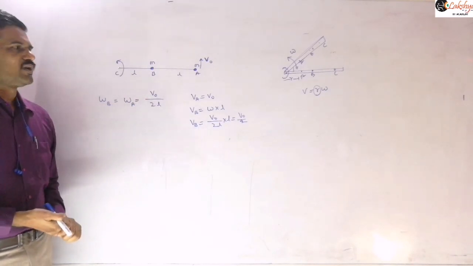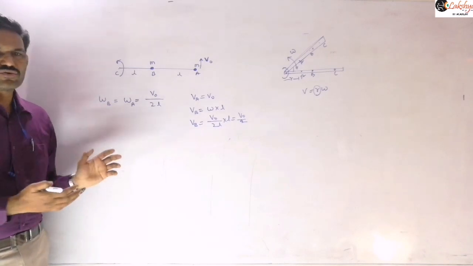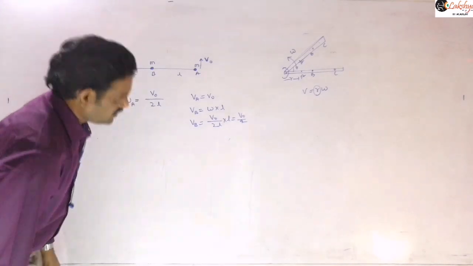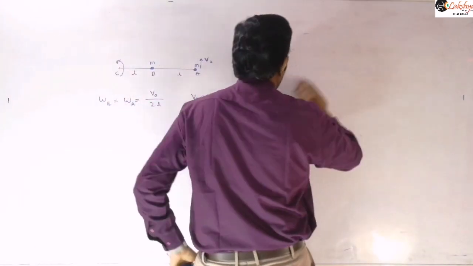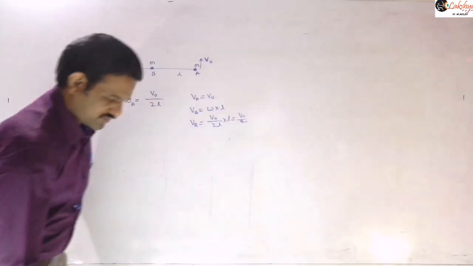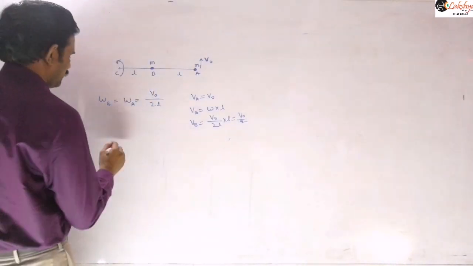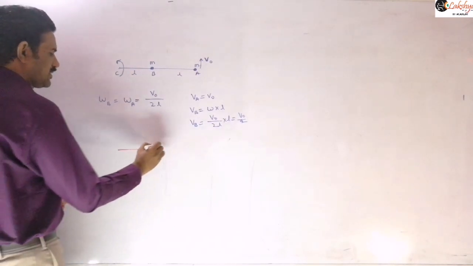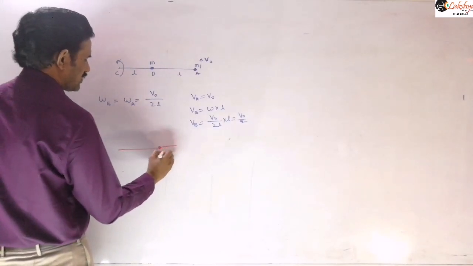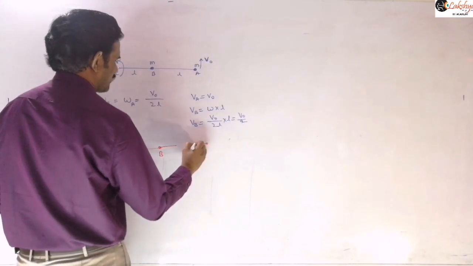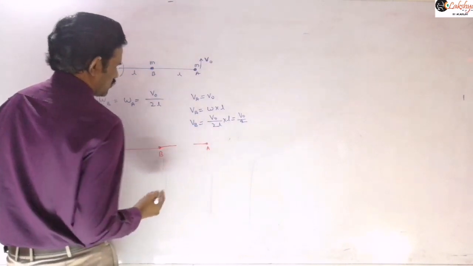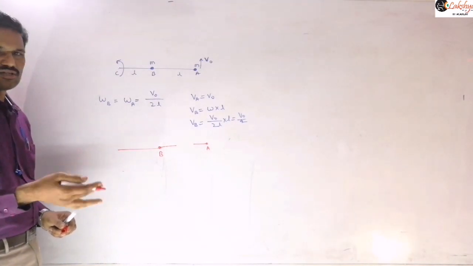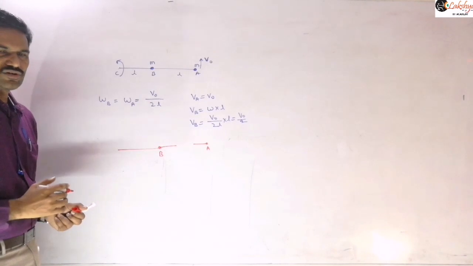Or in terms of centripetal force also, in terms of omega you may write, and in terms of omega you can solve this problem. And so now to find the ratio of the tensions here, let us take the free body diagrams of A and B, so that you will get the clarity about that. So for this particle A, this is particle B, let us consider here, and particle A I am taking here. I am taking that the system is revolving in a horizontal plane, and so mg role is not there in the motion of this system.